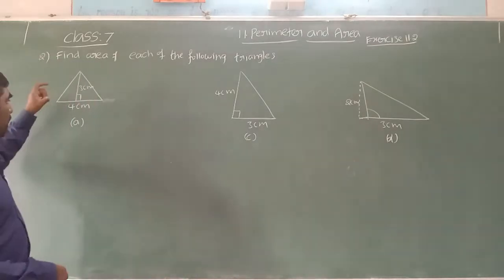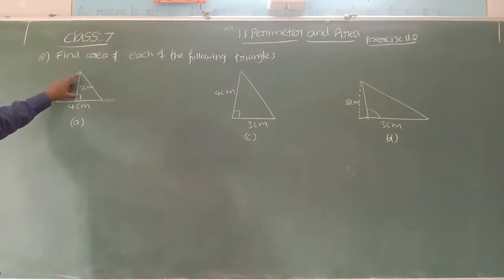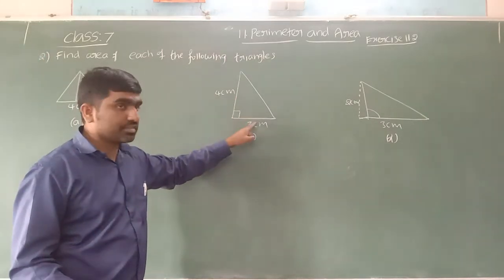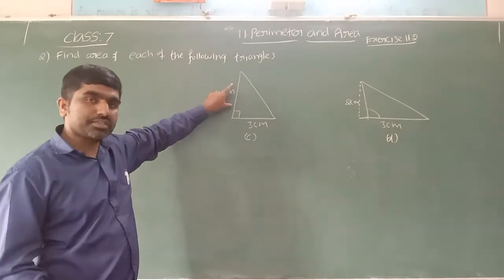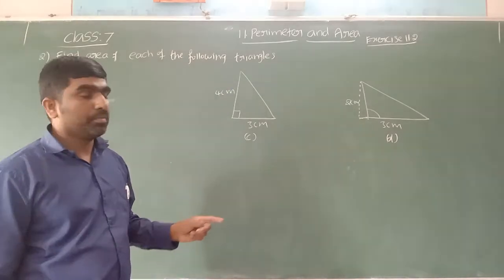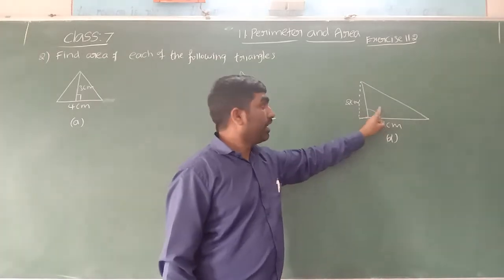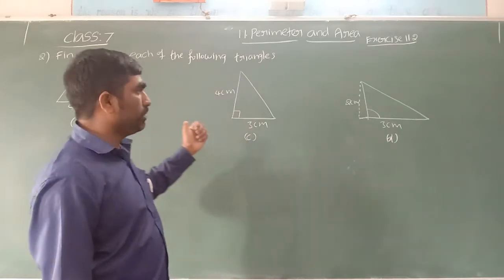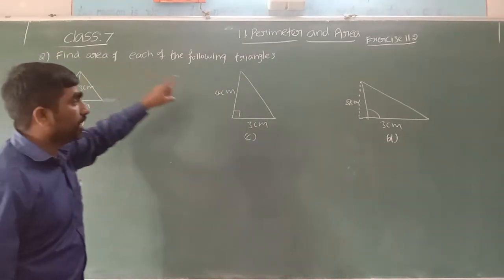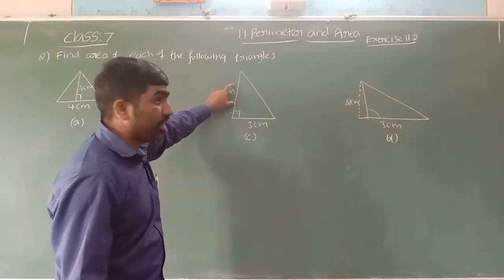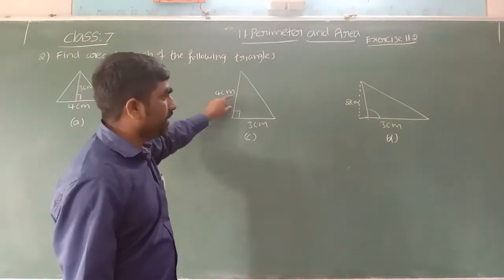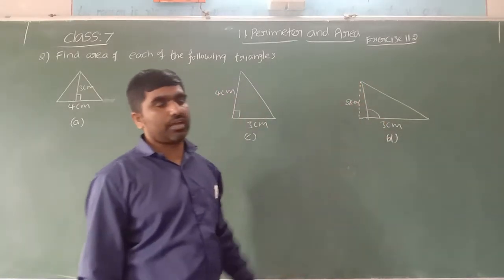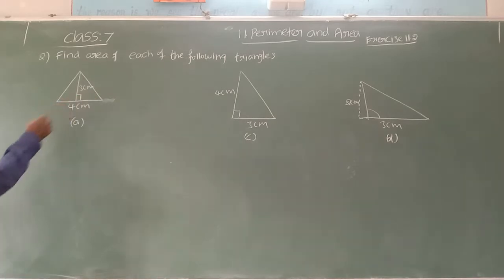You can see here, in the acute angle triangle, the height will be inside the triangle. The right angle triangle has 2 legs, and one of the legs we consider as the height of the triangle. Whereas in the obtuse angle triangle, the height will be outside of the triangle. These three things you can observe better. Acute angle means height inside; right angle triangle, one of the legs is considered as the height; obtuse angle triangle, height is outside of the triangle.